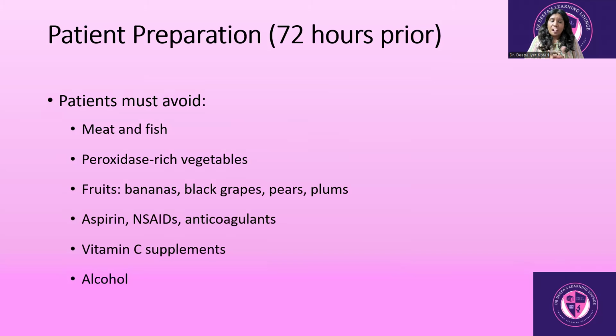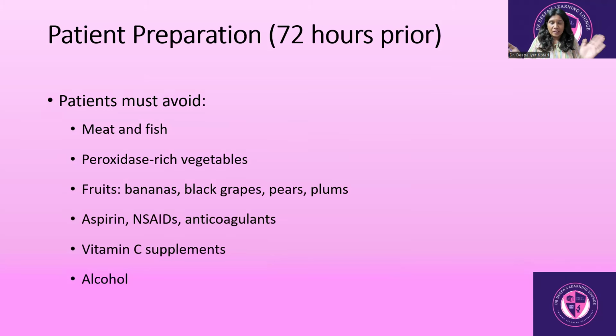The requirement of testing includes, one, you should ask the patient to avoid all the peroxidase producing foods. You have to ask him or her to avoid meat. You have to ask him or her to avoid all the fruits and vegetables that I told you just earlier, and also avoid usage of aspirin and NSAIDs, especially in elderly. You have cardiac patients who are put on aspirin and blood thinning agents. So these have to be avoided at least 72 hours prior to testing. Otherwise, there's no use. It will give you a false positive, and you will be unwantedly putting the patient into unwanted testing,